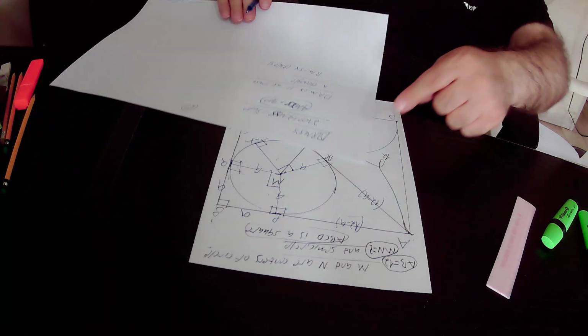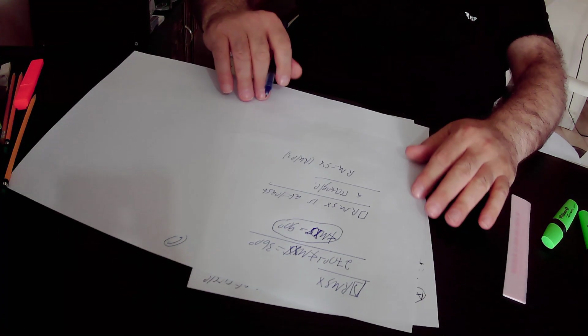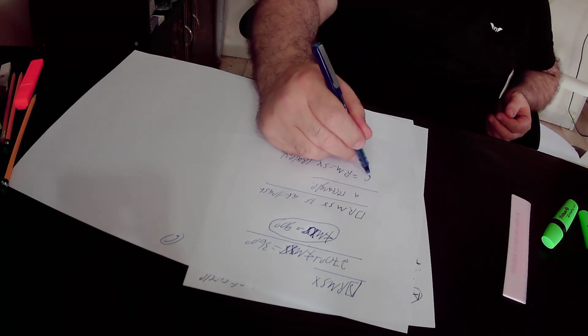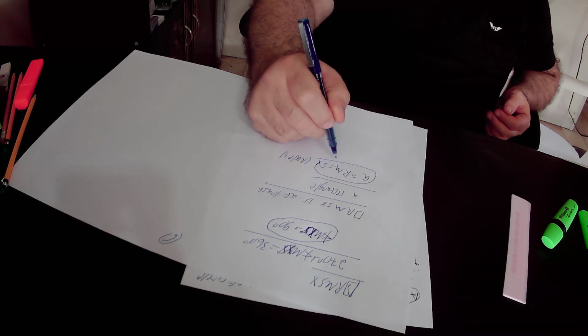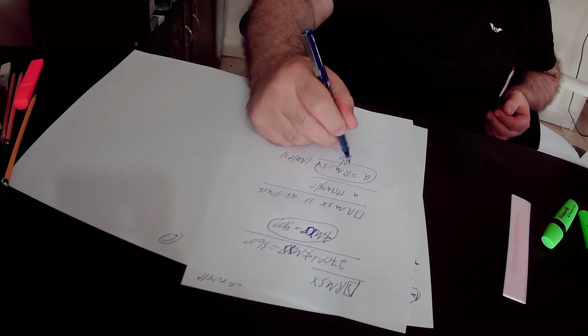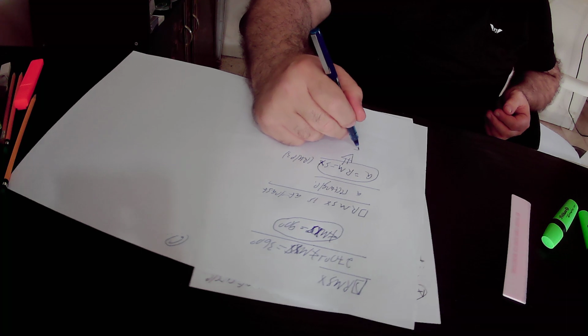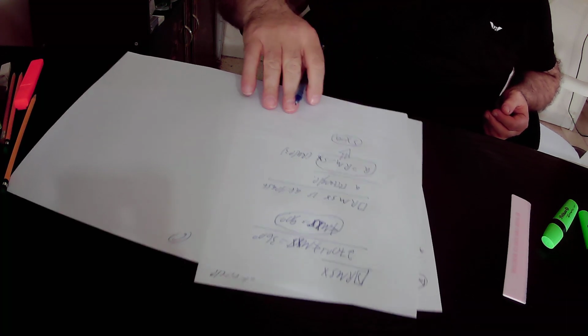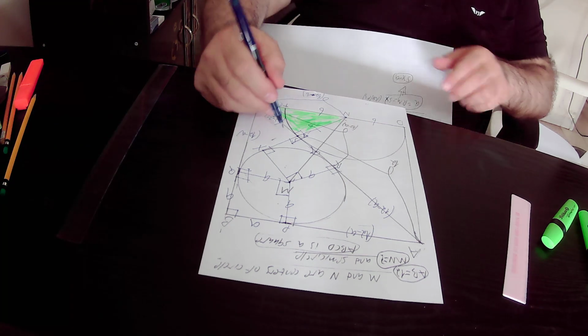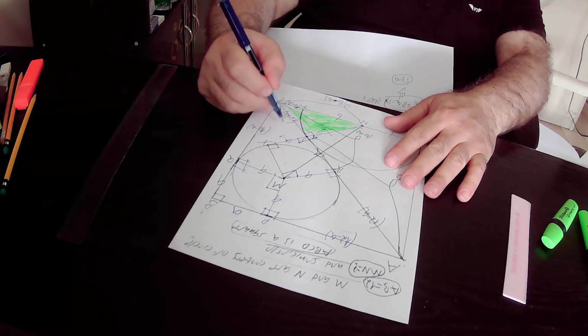But we have already found out that RM equals A. So from this equation, A equals RM equals SX, we will derive that SX is also equal to A. So we can write here that SX equals A. Likewise,